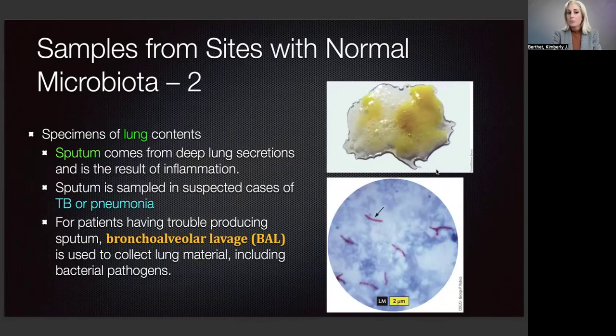The lungs is also another place of interest to look for microorganisms. So we have what we call sputum, which can be coughed out of the lungs. We see this in the picture at the top right. That is content from the lungs, and we can assess it for microorganisms. So we can look for things like tuberculosis or pneumonia within this sample coughed up from the lungs. If patients are unable to produce sputum correctly, we can do a bronchoalveolar lavage or BAL, which is where we actually put solution down and extract it again and see if we can find bacterial microorganisms within the